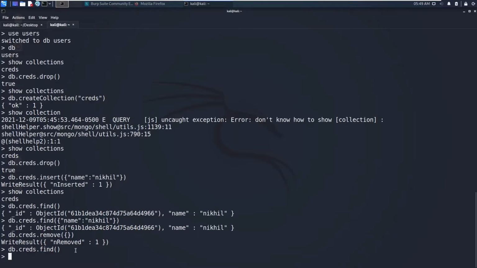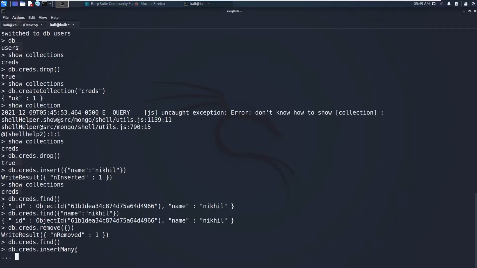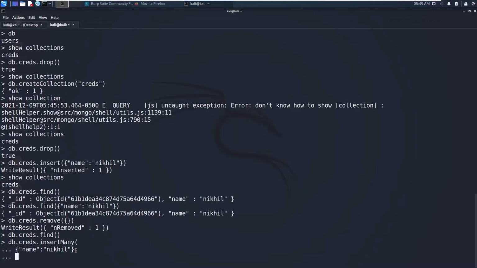Now you can insert multiple JSON data as well. So db.creds.insertMany, and let's say for the neat format, you can hit enter. Let's say name, another name, YouTube.